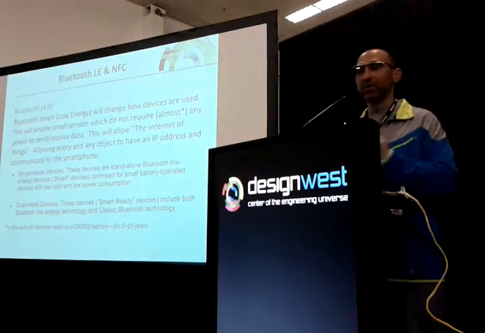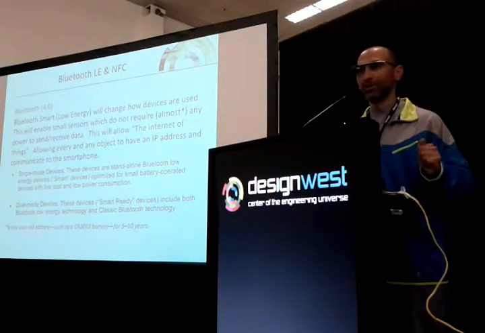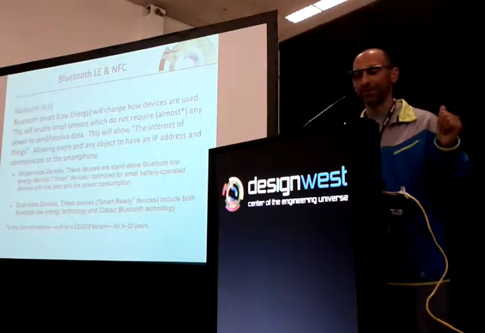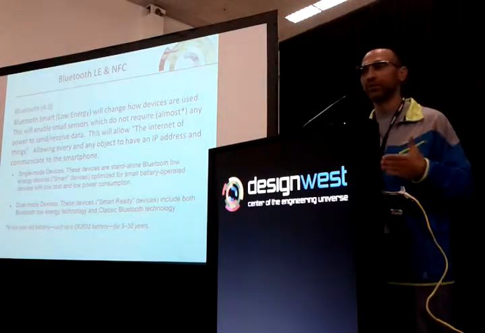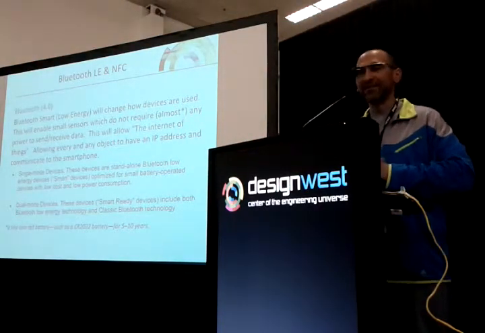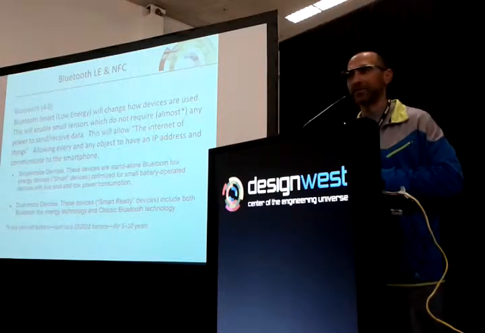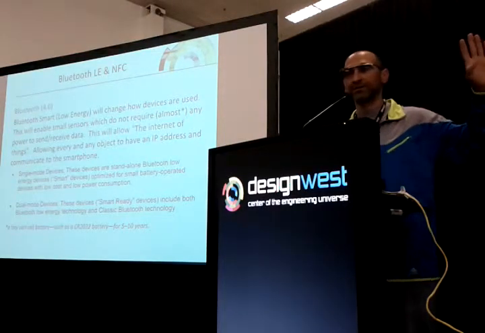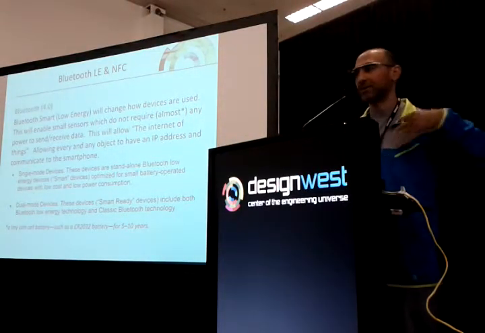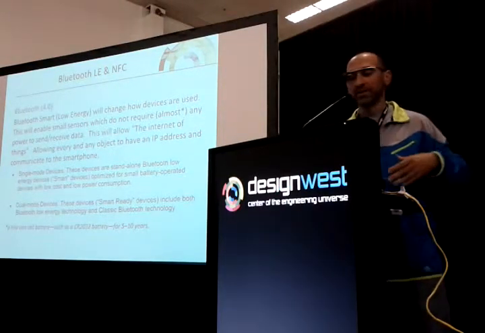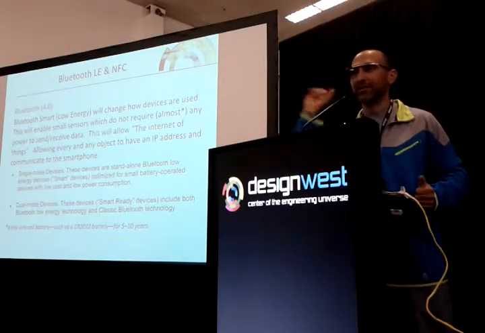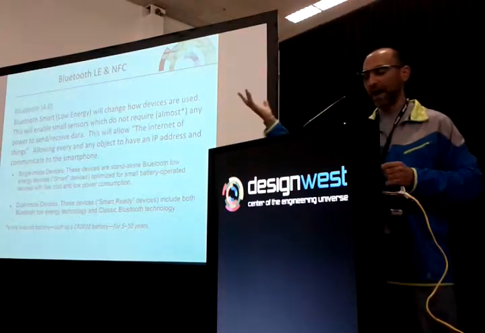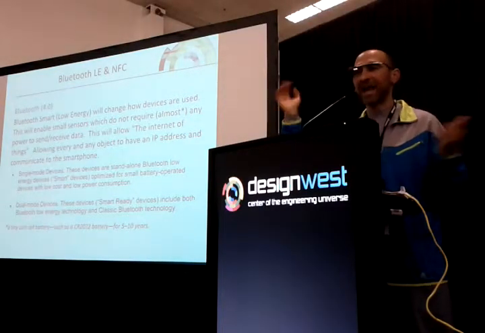And now we have the coolest thing in the world, which is smart Bluetooth. Smart Bluetooth allows you to have a Bluetooth connection to a device, and that device can go 10 years without a battery. Because what classical Bluetooth does is it's open for a live stream. So you have this constant TCP/IP connection going between the two devices. With smart Bluetooth, it's just sending a little bit of information once in a while. And it allows you to have a little cell battery that's a CR2030, and it'll go for 10 years.